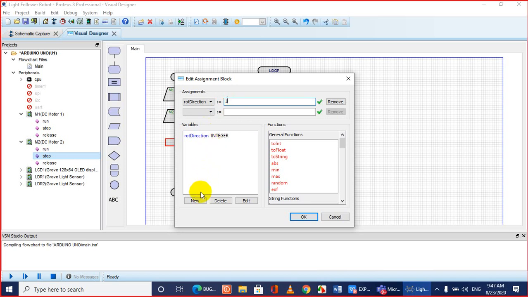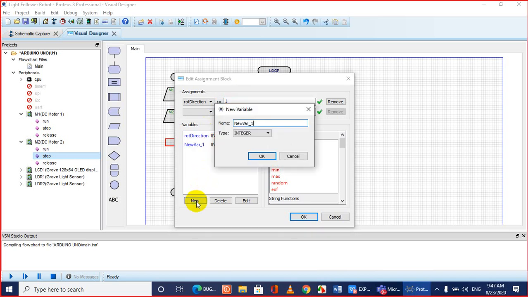So another variable for the LDR sensor, new. Initially we keep those below. I think these are the float value we need to define, okay?